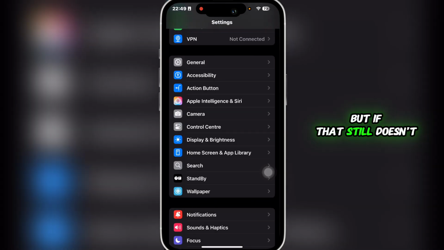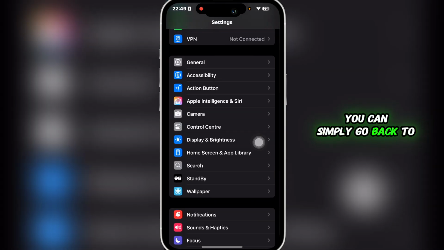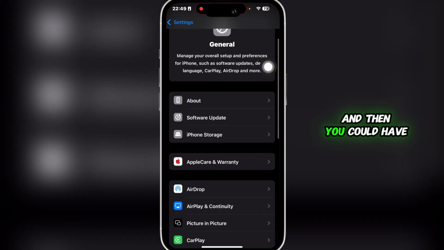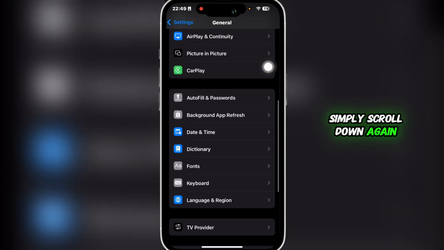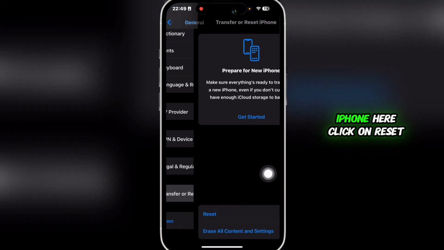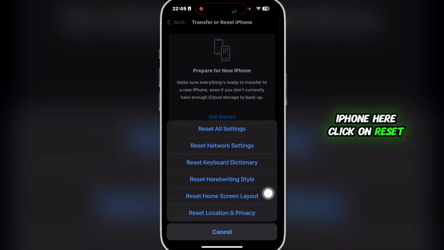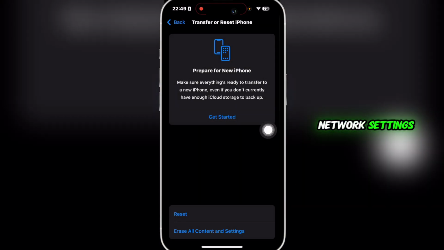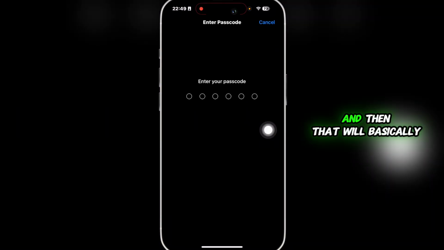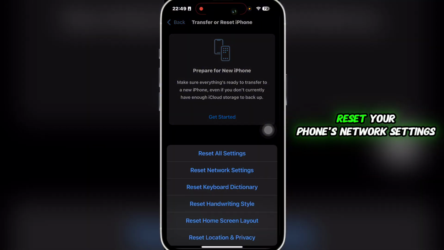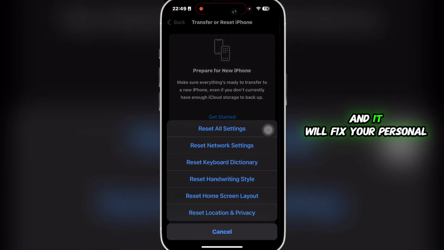But if that still doesn't, you can simply go back to General again, and then you could simply scroll down again, click on Transfer or Reset iPhone. Here, click on Reset, and then click on Reset Network Settings. Type in your phone's passcode, and then that will basically reset your phone's network settings, and it will fix your